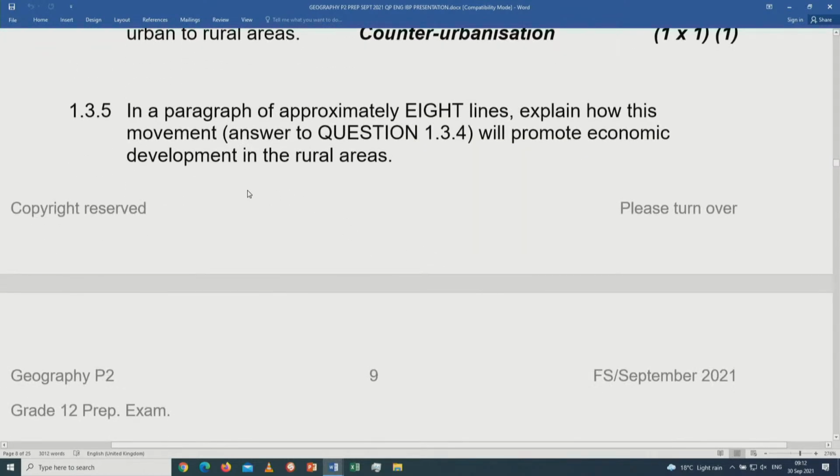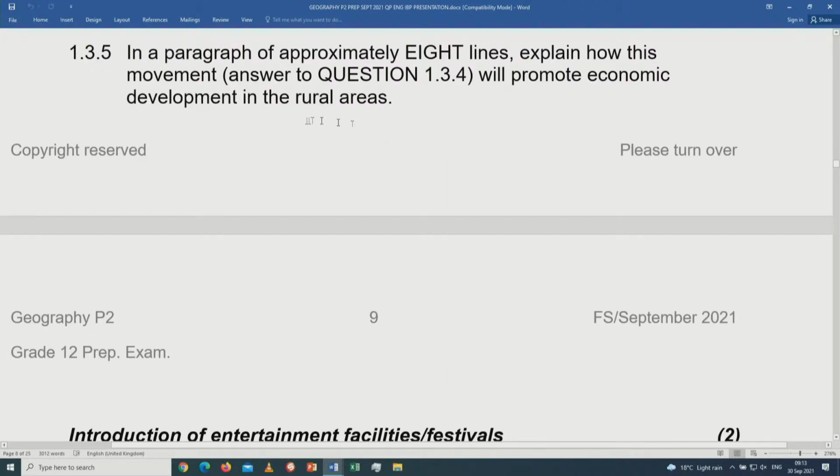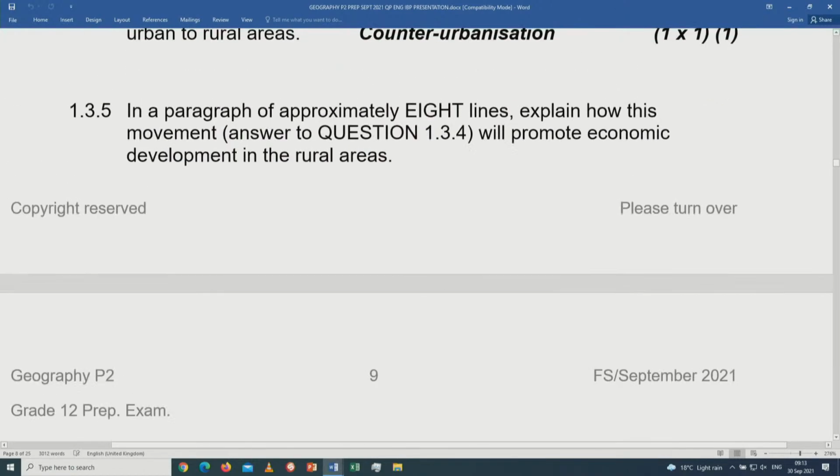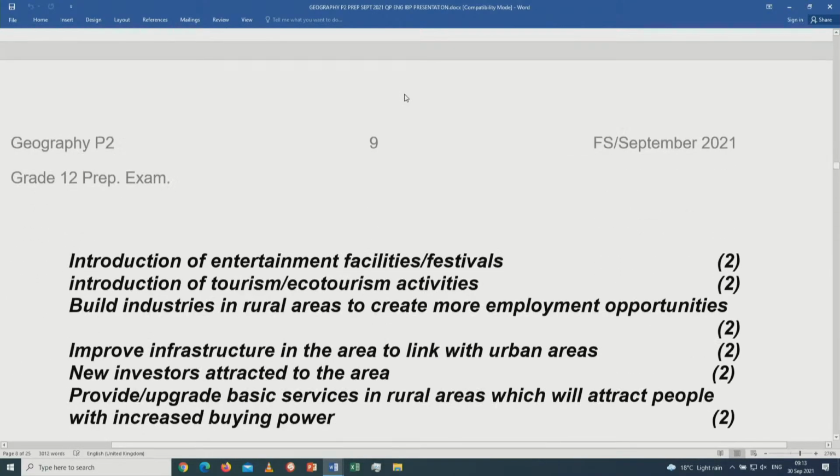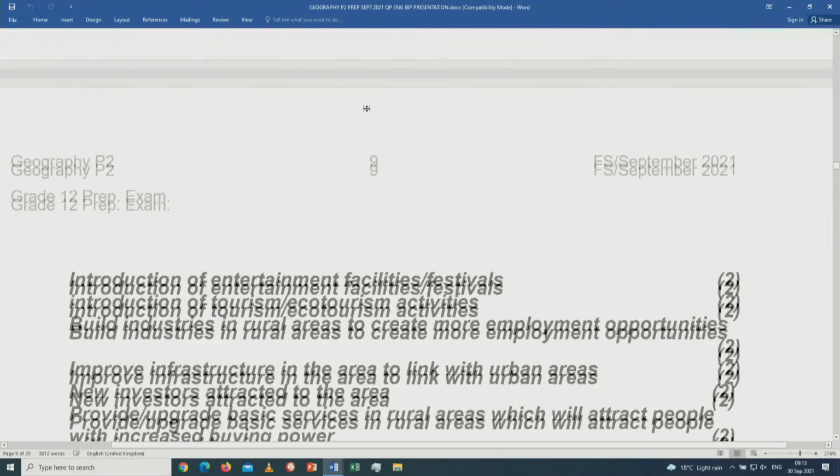1.3.5, a paragraph question now. Remember that learners here, when they write their paragraphs, they are not supposed to write in point form, but they are expected to write full sentences. Okay, so let's go to the possible answers